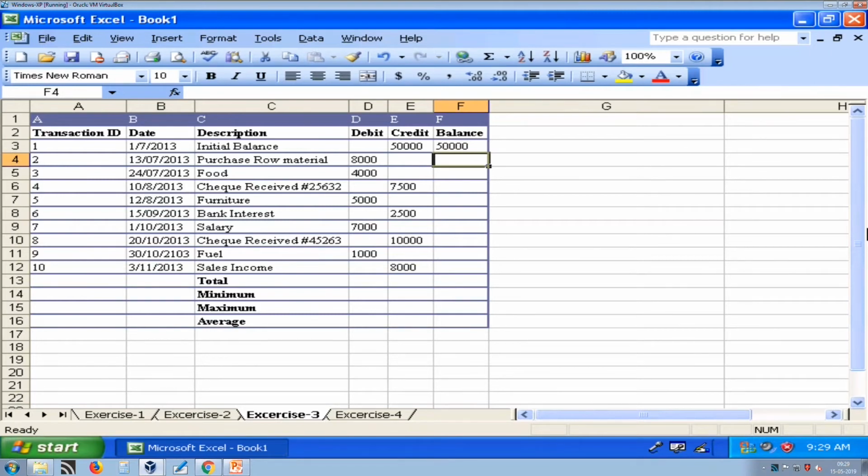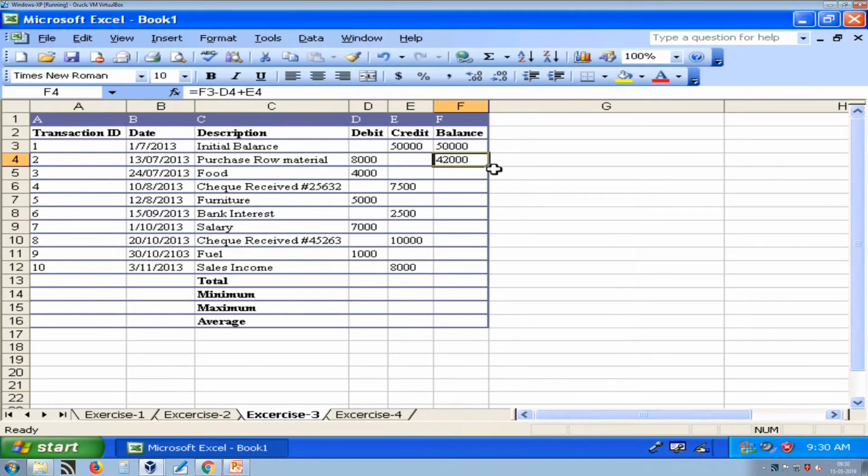So, our formula is like this: previous balance, which is F3, minus any debited amount, which is D2, D4, and plus any credit. Here we do not have any credit, but if it is there we should count that. So, you will get 42,000.